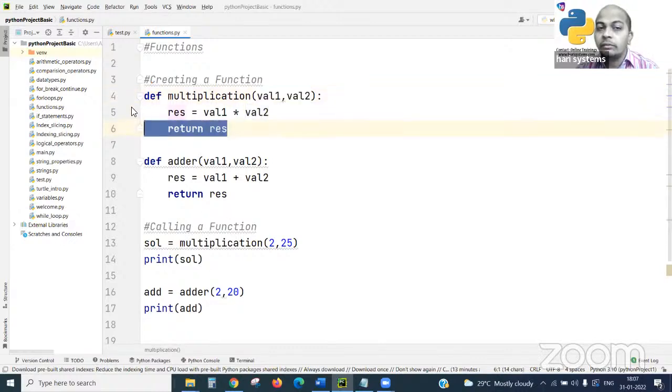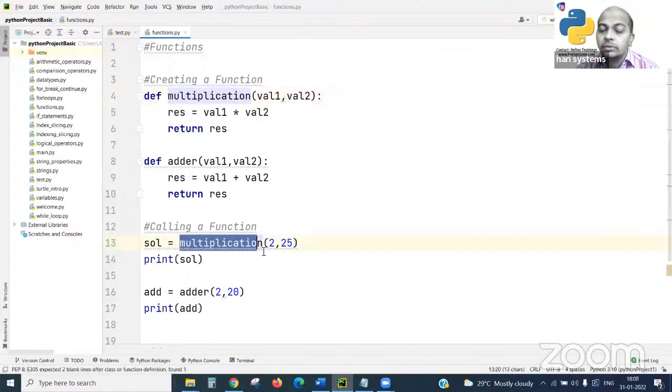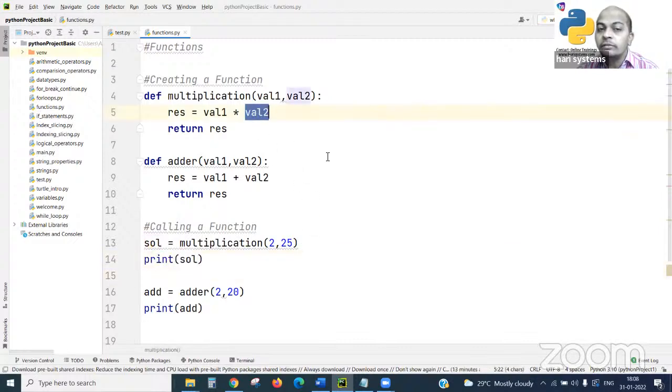With the calculation, we are getting parameter 1 into parameter 2, variable 1 into variable 2, and we get a total result. Here it is storing the result. Using the return keyword, we get the value back to where the function is called. The function is called from here by passing two variables, and the returned value comes back and is stored here. If I run and print, I'll see the solution, the multiplication value.